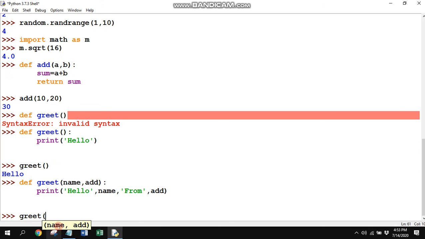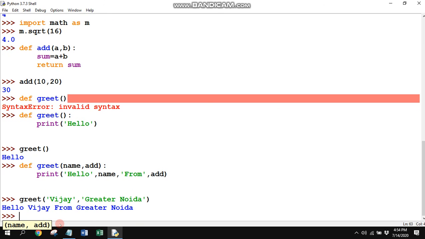It gives you the hint name and address. So you write name Vijay, comma, the name of the city, Greater Noida, and enter. Hello Vijay from Greater Noida. So this is how we make our own functions.